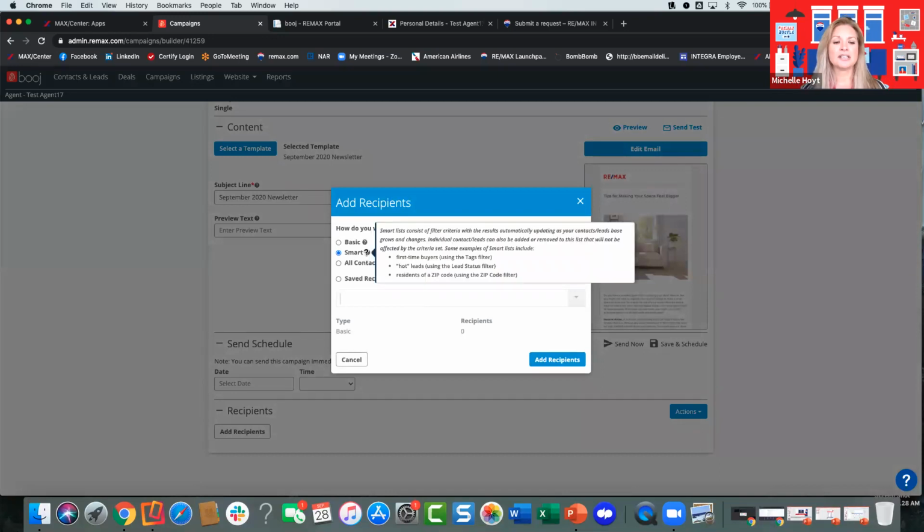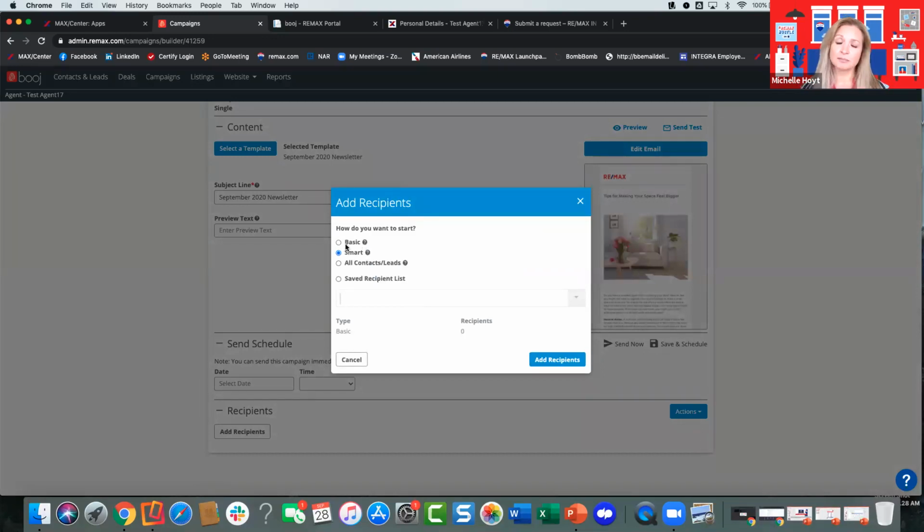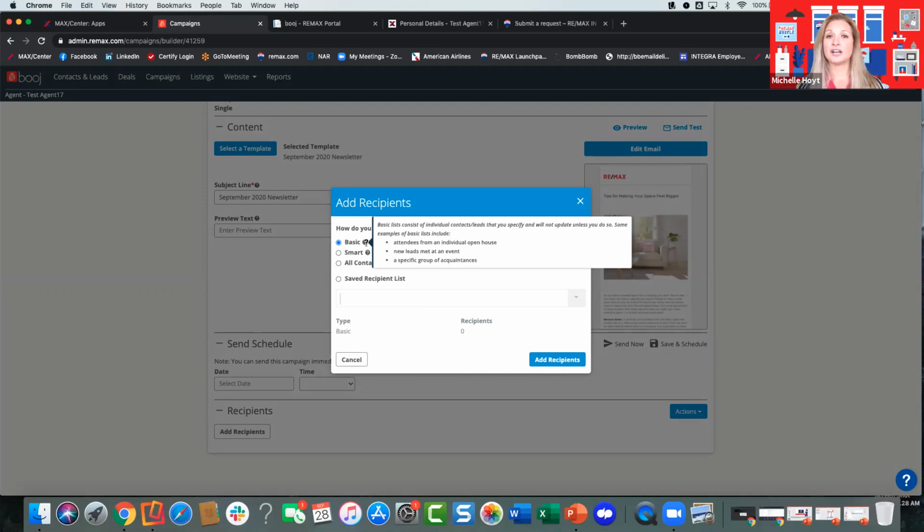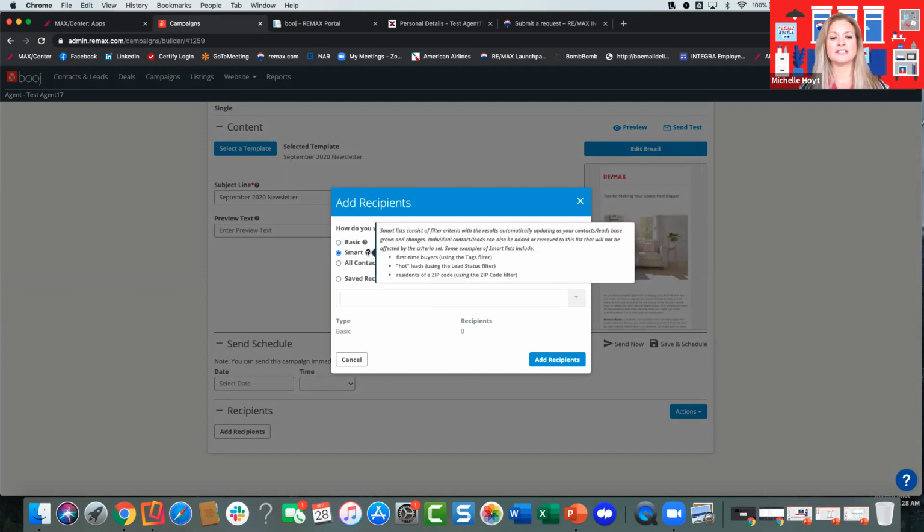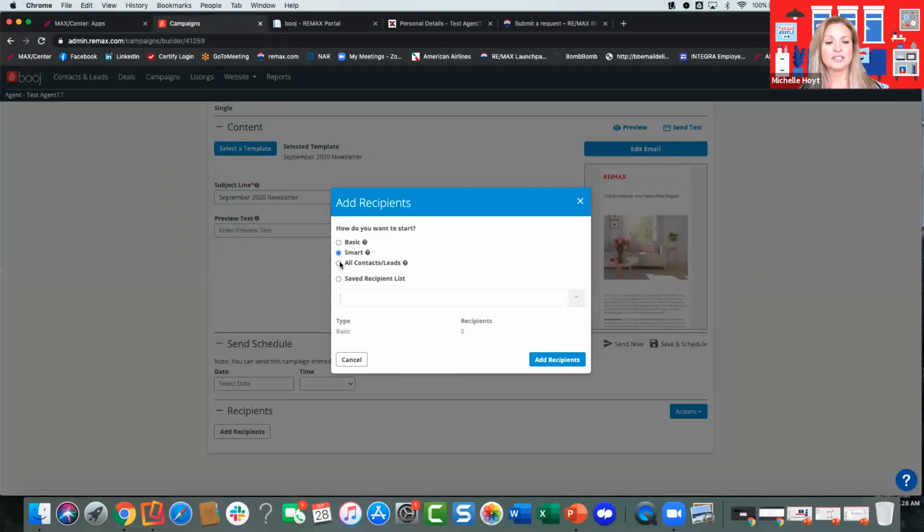Now a smart list, I want you to take some time to go through this. The basic list is going to be as it says. This is a really specific group. Maybe these are from an open house. Maybe these are from just a golf outing or something that you did. If you want to do a smart list, this is where you utilize tags and filters like we did earlier. So this gets a little bit more advanced, or maybe it's a certain zip code. Hopefully you have addresses. If you just want to send it to everyone, especially if it's a holiday themed message,